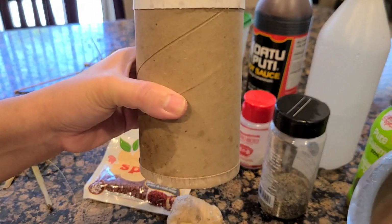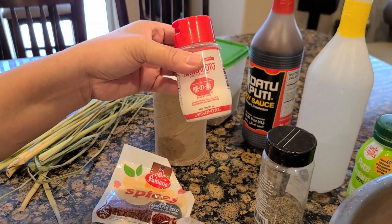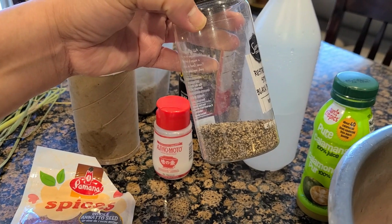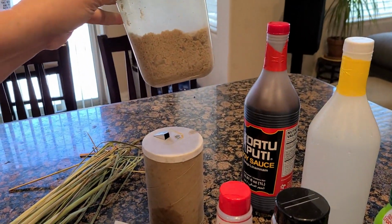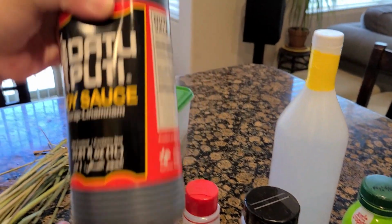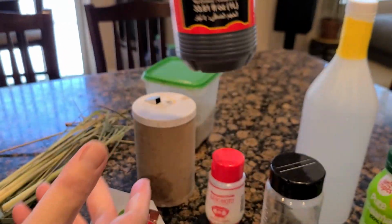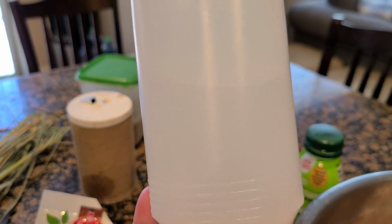For taste, we need our salt, vetsin, ground pepper, black ground pepper, brown sugar. Here's our brown sugar. We also need soy sauce. So that's our soy sauce right there. And then vinegar